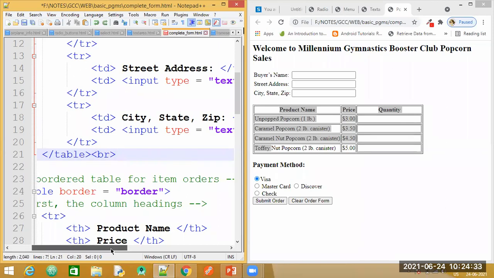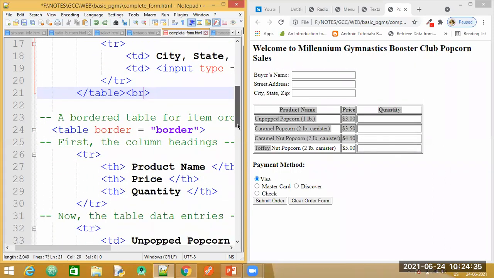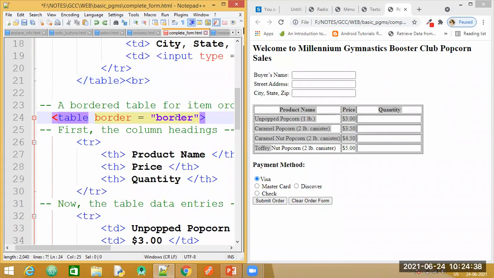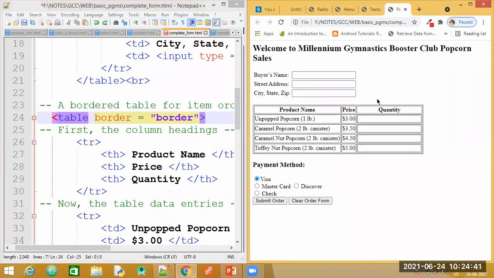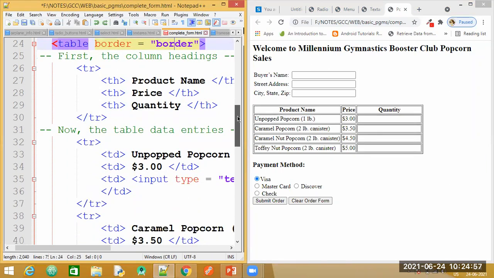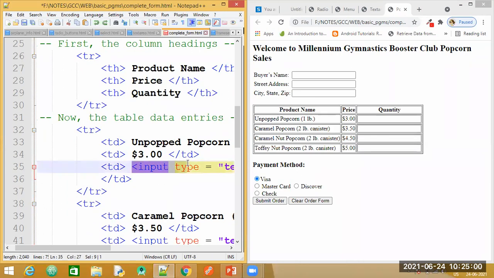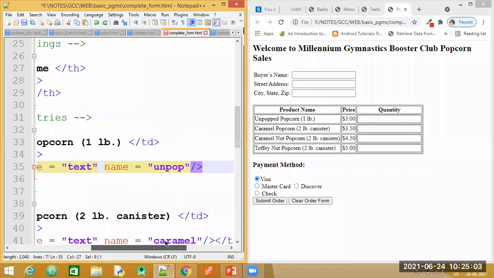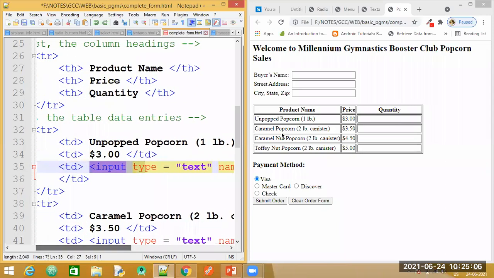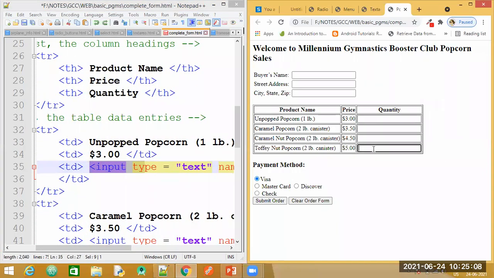After the BR tag, we have again specified a table. This time the border is given. Again here we have 3 columns and 5 rows. The first row is the table headings, 3 of them. In your second row, normal table data. Again there is an input field, so inside the TD tag you again specify the input type as text, and the name is given. Similarly, you create the next consecutive rows also.